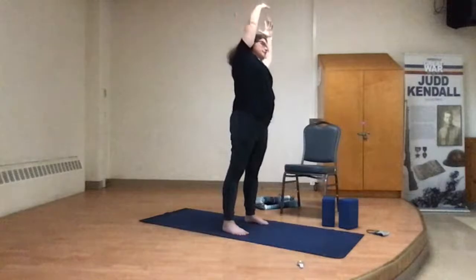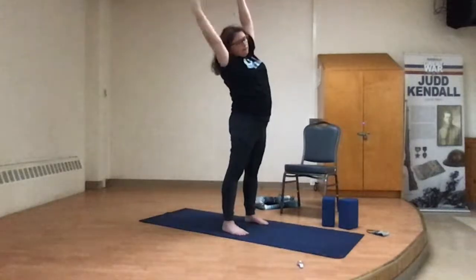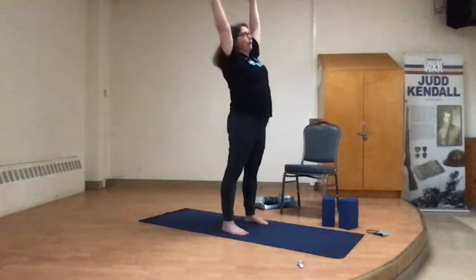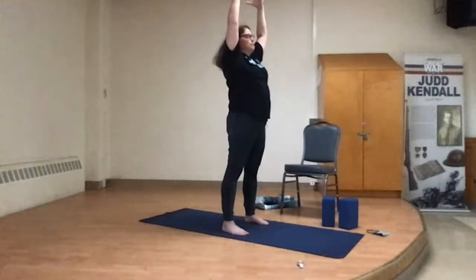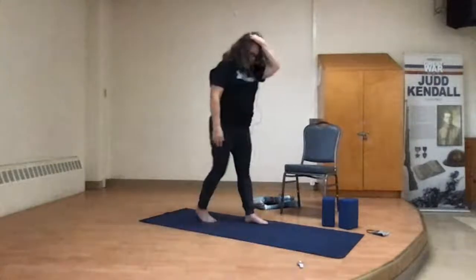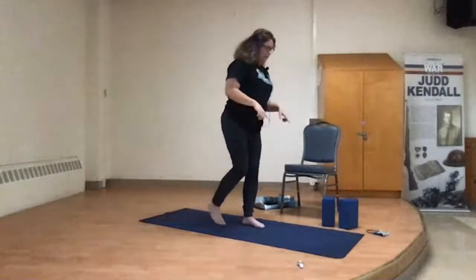One more time, each side. Exhale, bring that arm down, that side body. Inhale, bring it up. Exhale, other side. Inhale, bring it up. And then baby back bend if you want, looking up towards the ceiling. Exhale, gaze comes back to the horizon. Exhale, and release. Nice. Since that was not symmetrical, let's do a half sun salutation and then come down